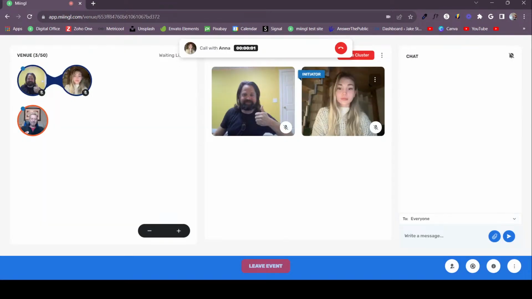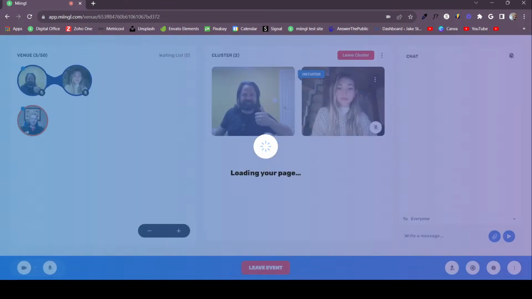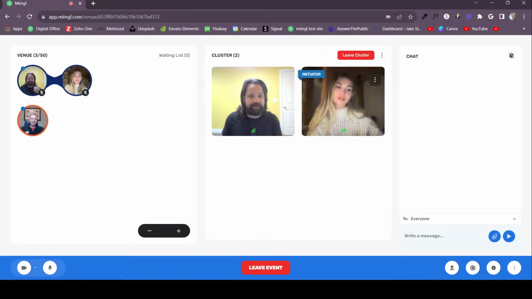What that does is it puts us in an audio only conversation. It pauses us so that everybody in our group knows that we're in a sidebar call and we're having an audio only call. You can actually do this with other people in other clusters. So if you want a sidebar call with somebody in another cluster, you can do that. But it's for that real quick, like, hey, when you're done talking to them, can you come find me? Or hey, when we're done having this conversation, remind me to ask you about your dad. And then you just go back to the normal conversation.